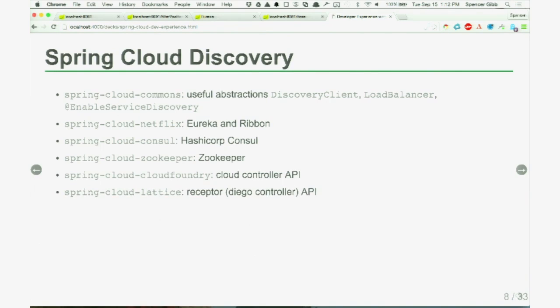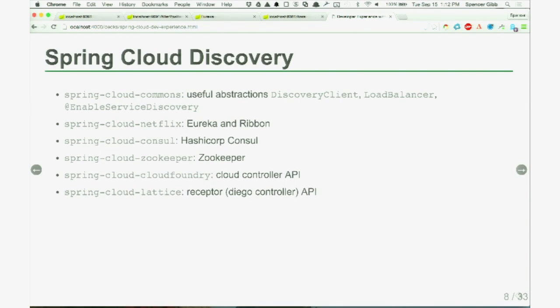So we have Spring Cloud Netflix, which uses Eureka for the service discovery and registration. And of course, Ribbon is the client-side load balancer. I actually have a talk Thursday afternoon, I think the same time, that will go over some of these other implementations of service discovery and configuration, like Consul from HashiCorp, the same guys that do Vagrant. If you're familiar with Vagrant, pretty much everybody is. Apache Zookeeper